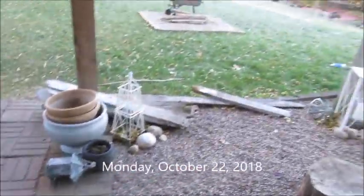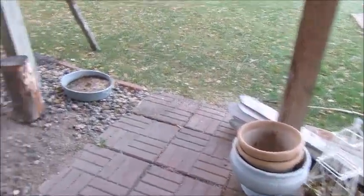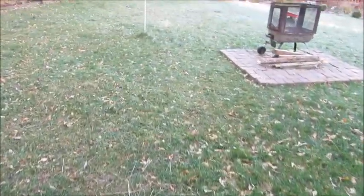Oh, look at this place. I have got such a mess. Got pots that need to get put away. Kind of trying to clean up the backyard, but it's taking some while. But anyways, I brought you out here because we got our first...